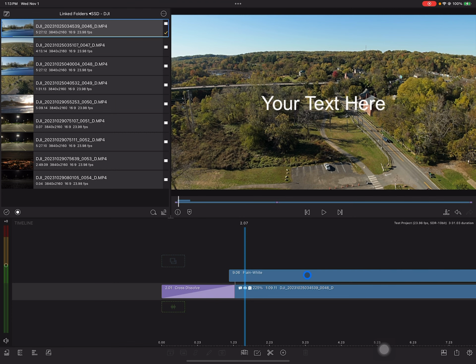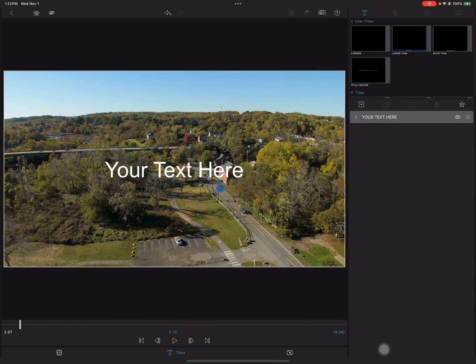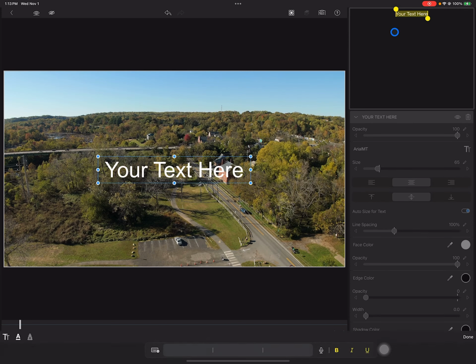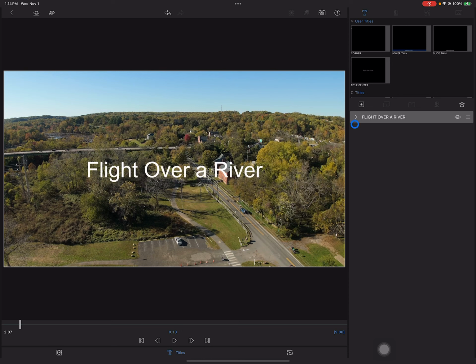Double click on that and double click on the text. And over here, just change it to whatever you want to say. I'm going to say flight over a river. Okay. And then if you tap off of that, say down here someplace, then you can come over here and